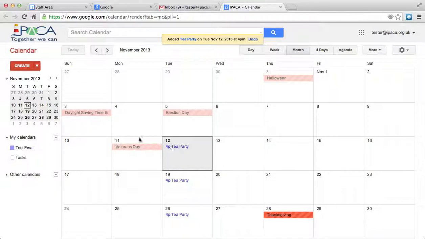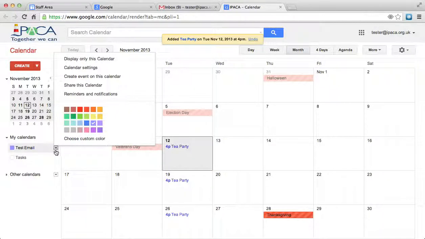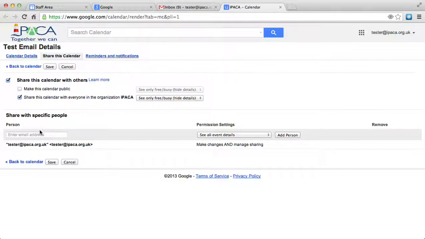So I've got a calendar. It's now got some events in. How do I share it with other people? Because it might have multiple events, and I don't want to invite them every time, or I might just want them to be aware of what I'm doing. On the right hand side here you've got a drop down arrow. You just click this and you can press share this calendar, and at this point I can add a person such as myself again,